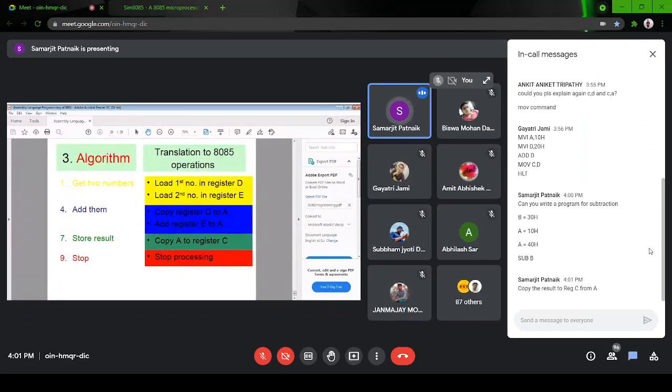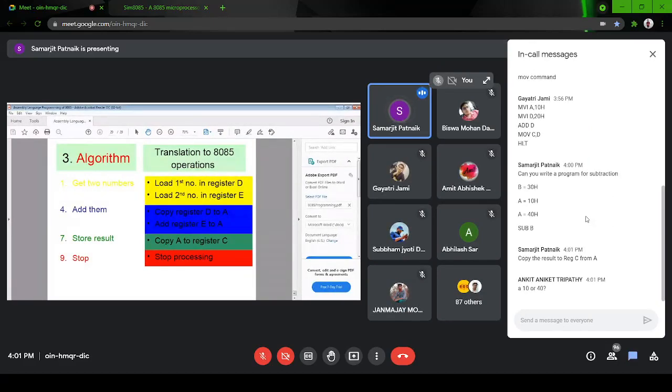Take reference of what Gayatri has written, so it will be easier from there. Finally, you have to write HLT and share your screenshot in the WhatsApp group. It is 4 o'clock now, so take 15 minutes max, until 4:15. Only those who share, I will consider present in this class.